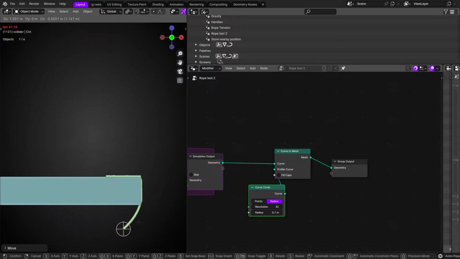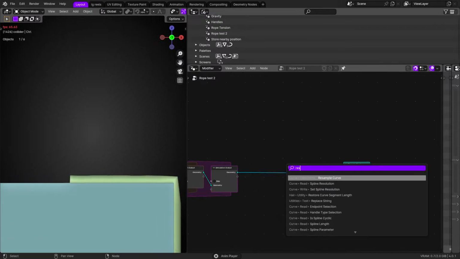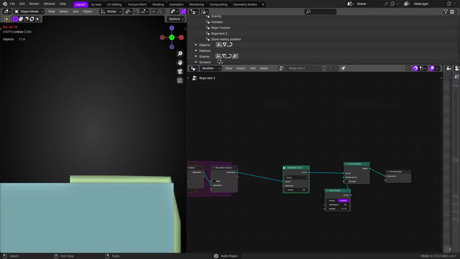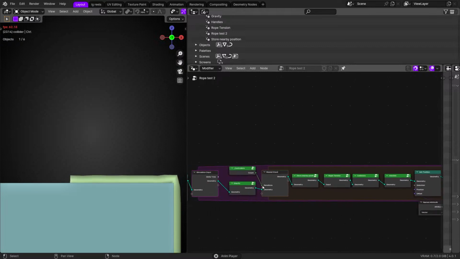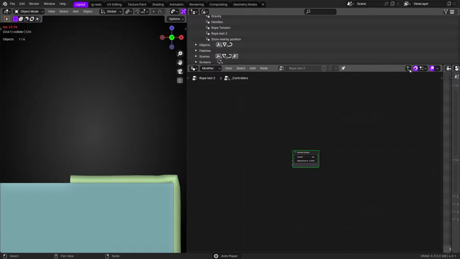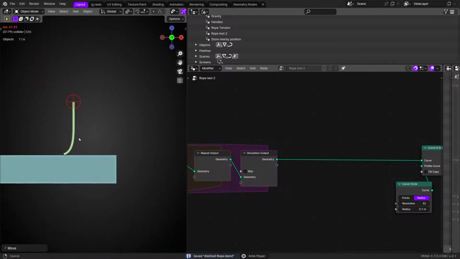Because of this bad movement, something we can do, which is not good, is resampling the curve with a really high resolution. Currently I have 24, so we're going to just go with 100 maybe. Okay, there is no difference. Anyway,